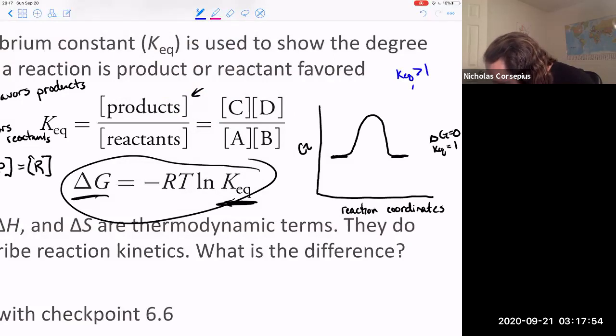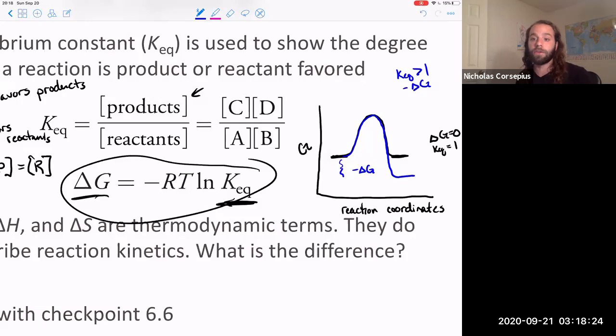A KEQ greater than 1 will correspond to a negative delta G. So that's then going to have a reaction on a free energy diagram that looks like this, right? So now I have this negative delta G associated with this gap here. Okay, so you can see just how big that gap is will influence the actual distribution of products or reactants,